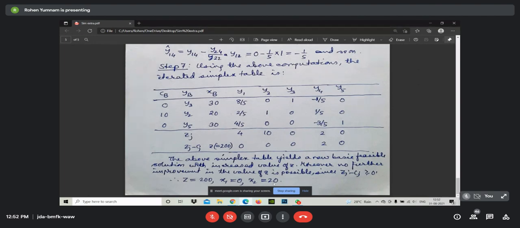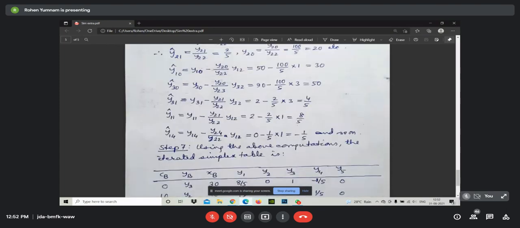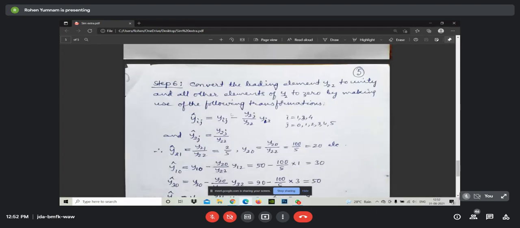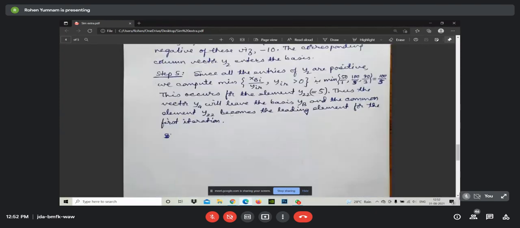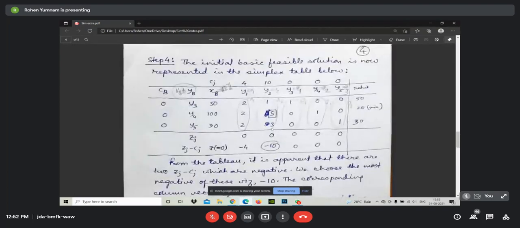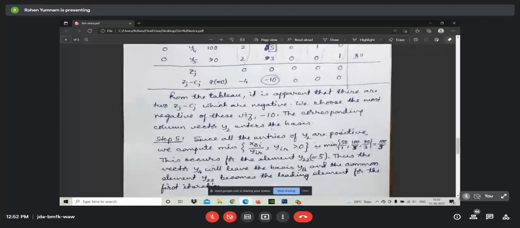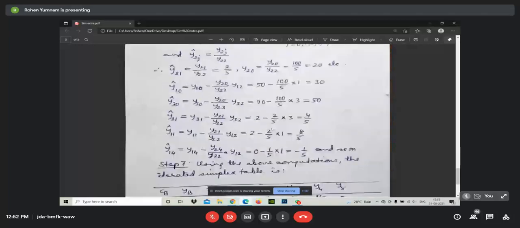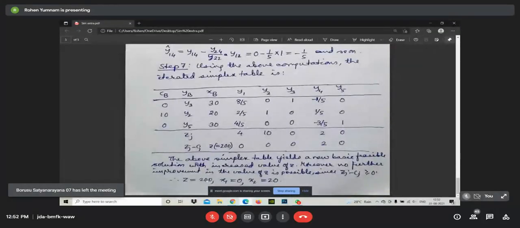This is the process we have to do. And you need not write the steps written here. These things are not necessary. You can do this as rough work. But for examination purposes, you have to write only the table calculations. And then this last value of Z, when X1 equals this, X2 equals this, these values, and the tables. Only these things are required for the exam.